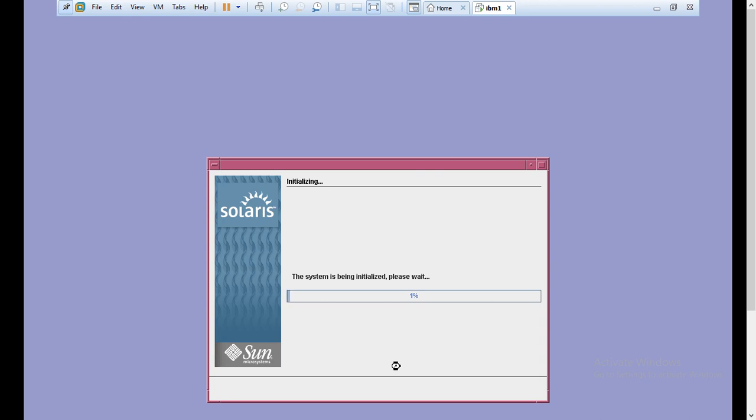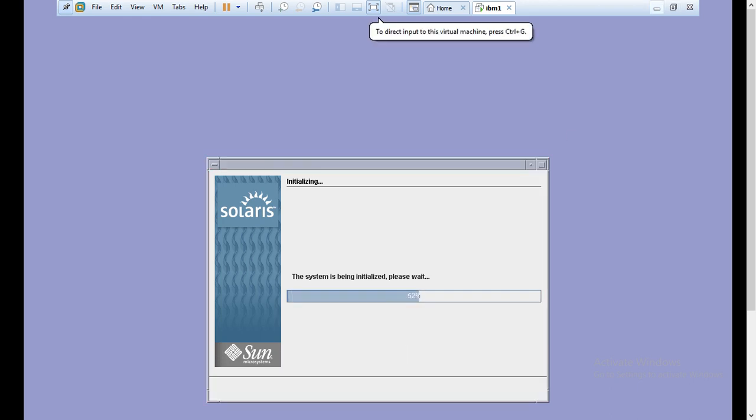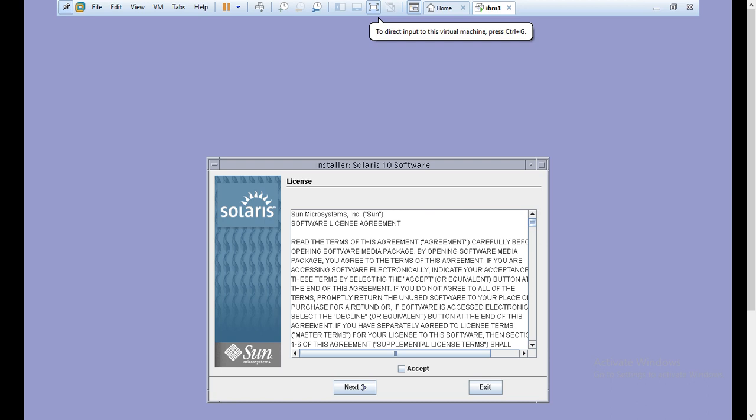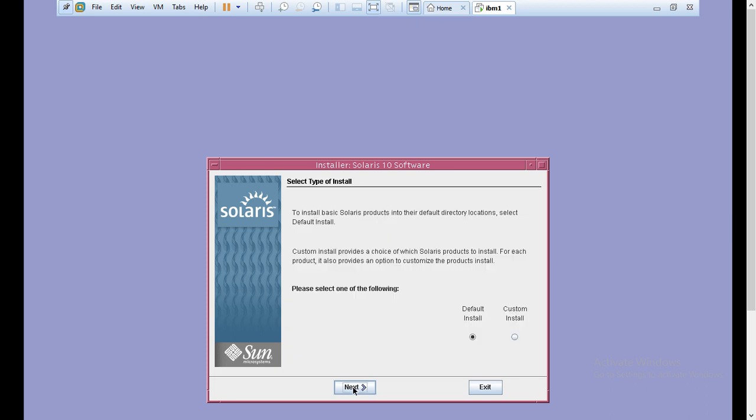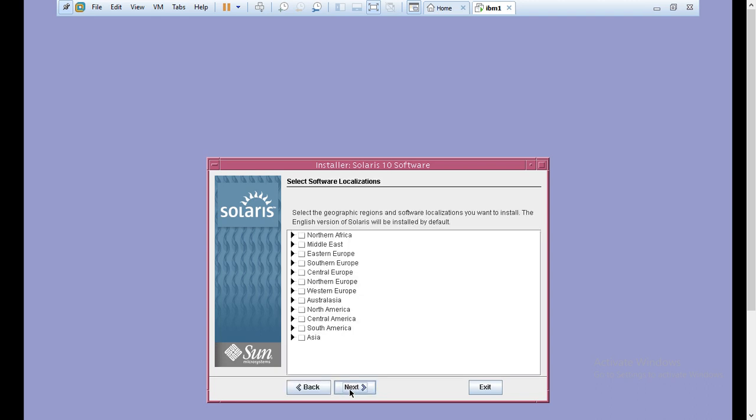Now click on accept, next. Then obviously we need to go for the custom installation. Click on next. Here click on Asia and then go for Hindi option and then click on next button, then select English radio button and then click